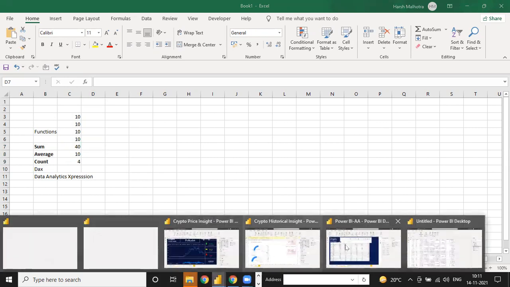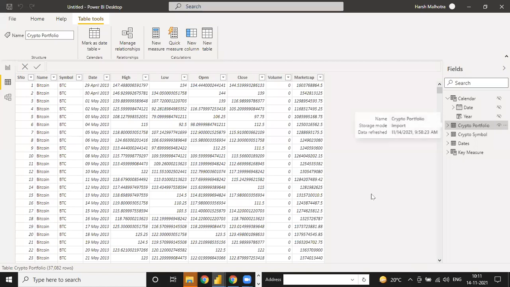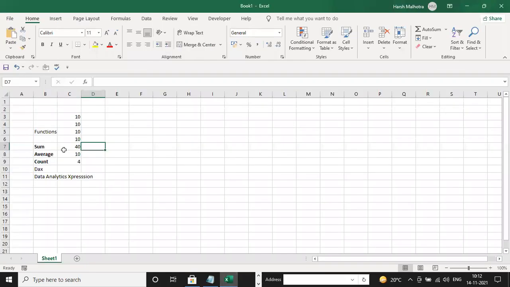Okay, means these measures are only applicable for columns, you mean to say? Not only for columns, but as per table also. Because in Excel, let me show you, we are using this function range wise, a particular range. But in DAX, we are using it in Power BI column wise. It means the total number of the range is included.